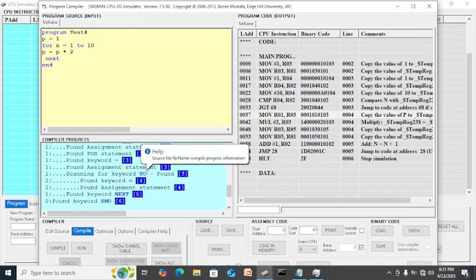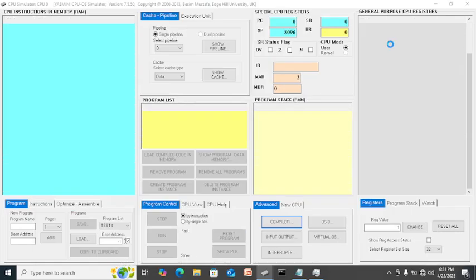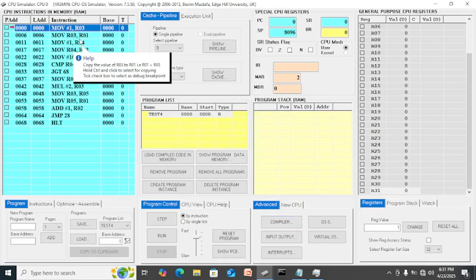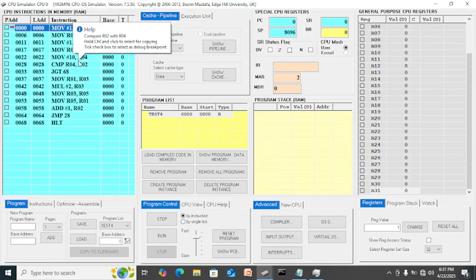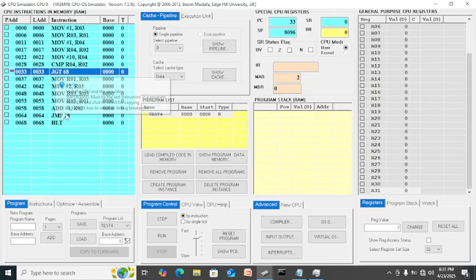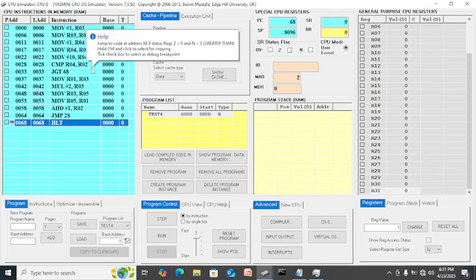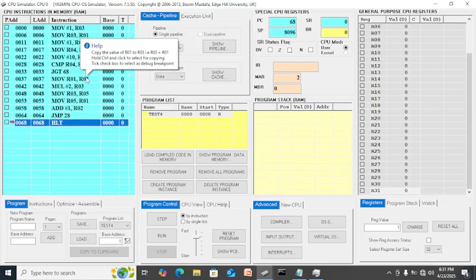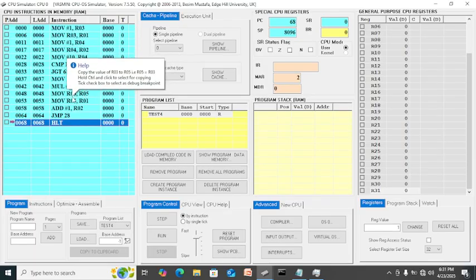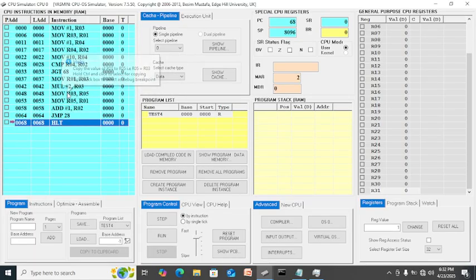Okay, so after that you load again in memory, and after loading in memory you can see that it will assign a value of 1 to 10, then compare, then jump to 68 if you meet the condition. Otherwise it will get the value, assign it and then multiply by 2, then add 1 until it loops.